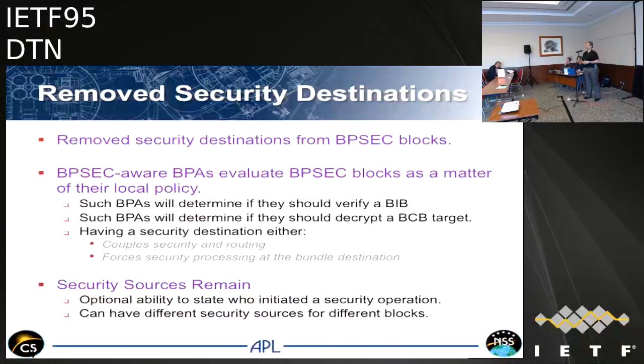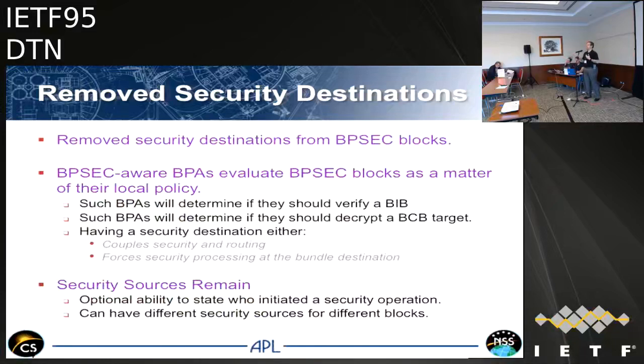And that can be something as a matter of security. There are other cases where perhaps you are moving from one trusted enclave or subnetwork to another trusted enclave or subnetwork, and you have an encryptor at border nodes. And perhaps if you are encrypting at a security source that is separate from the bundle source, you may want to decrypt at a boundary to another area as opposed to the ultimate bundle destination.